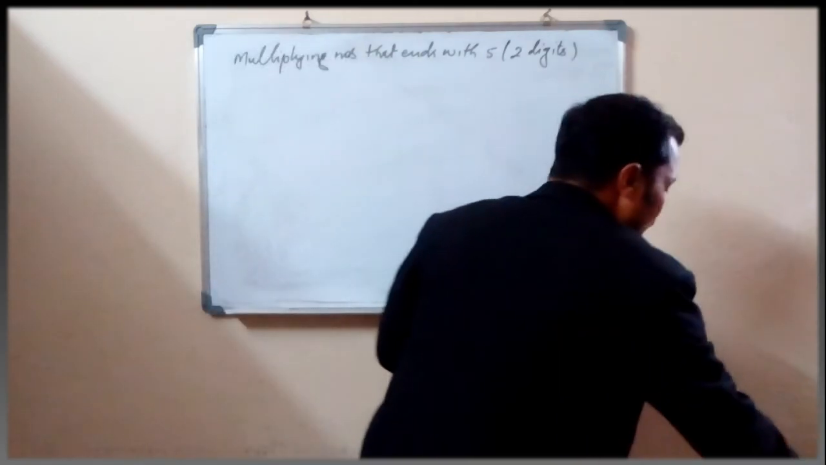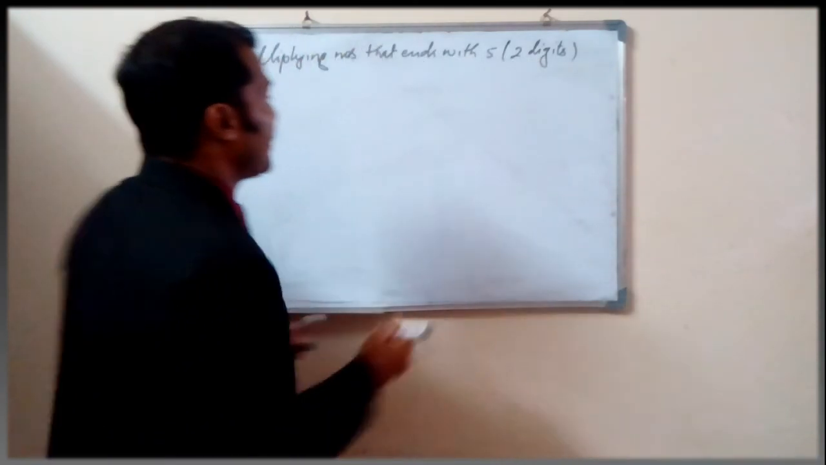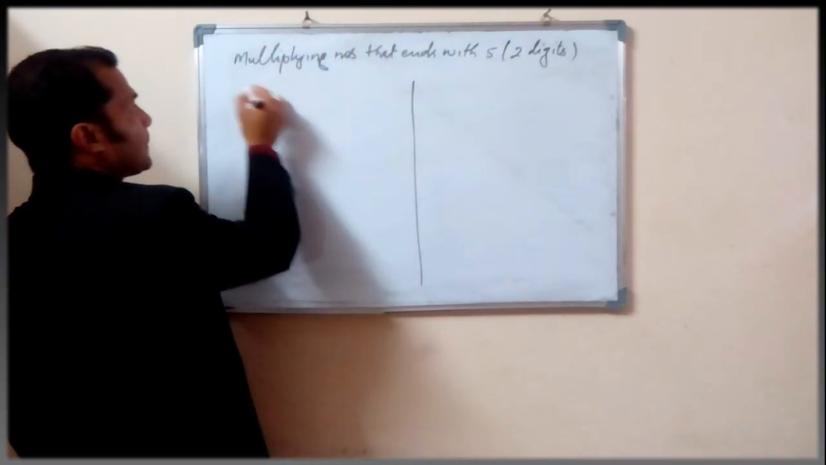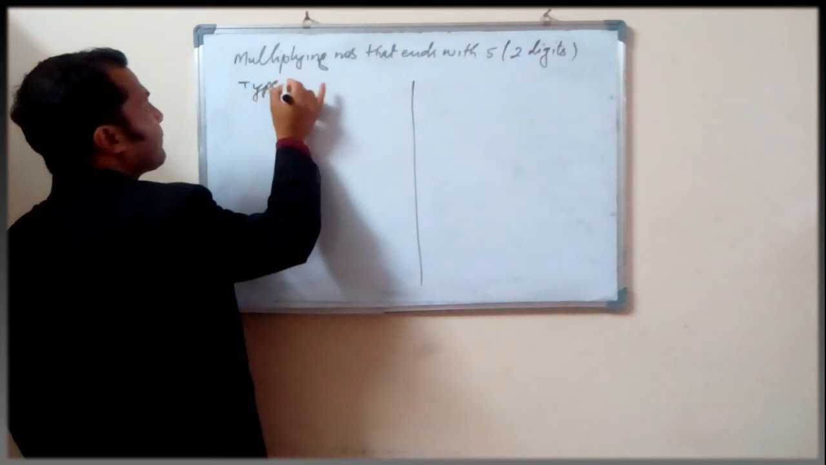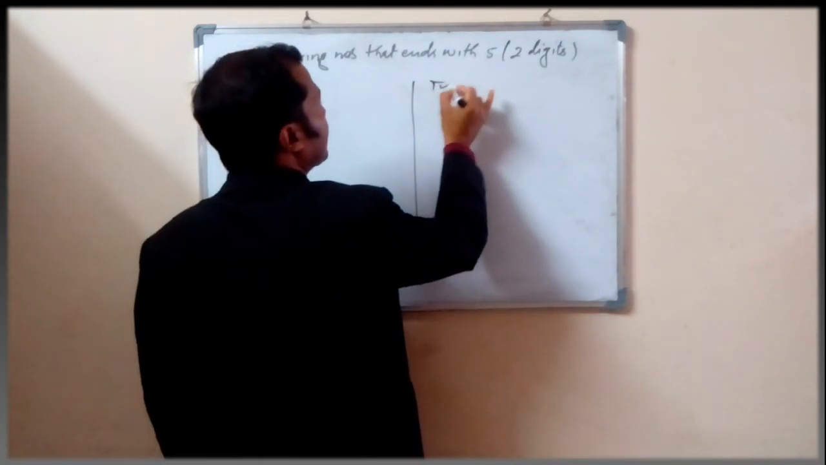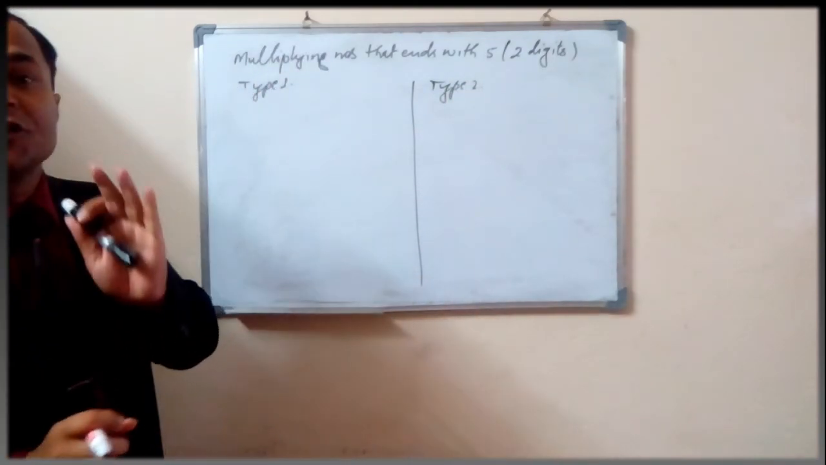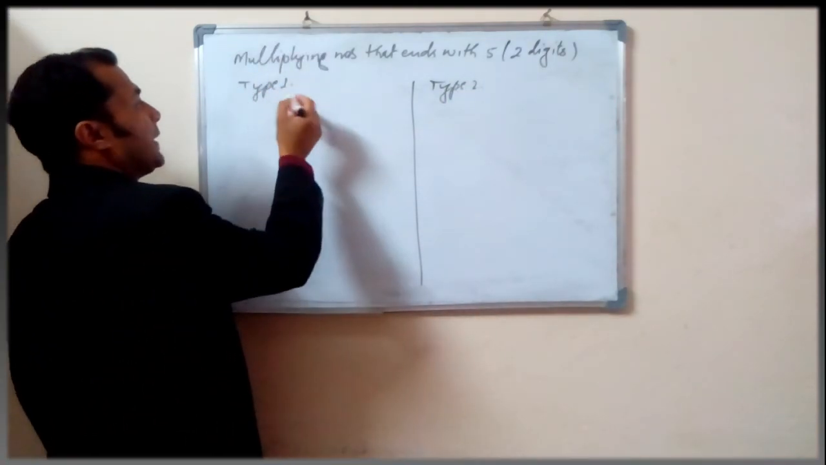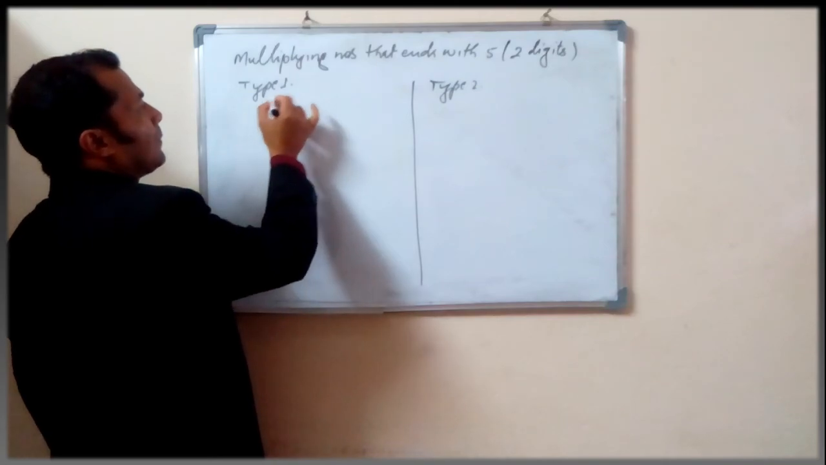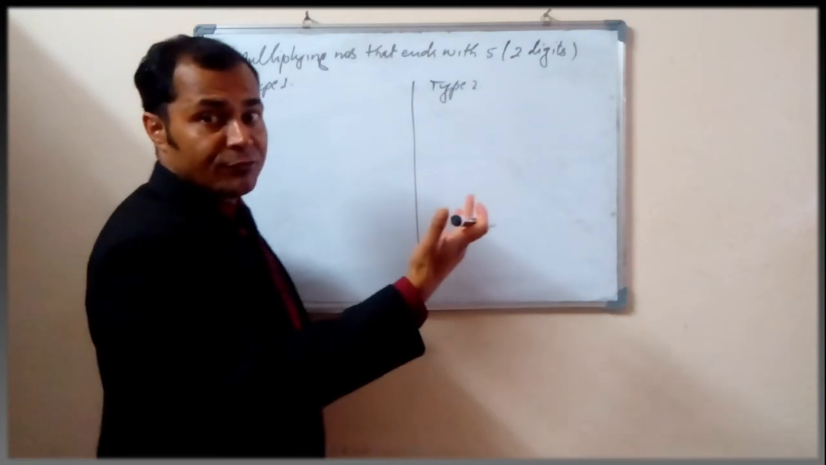Now here again, what we're going to do is divide it into two different types. The first one is type 1 and the second one is type 2. Type 1 is, for example, when the last digit is 5 itself,